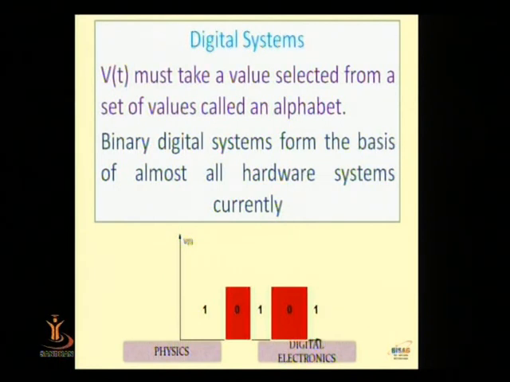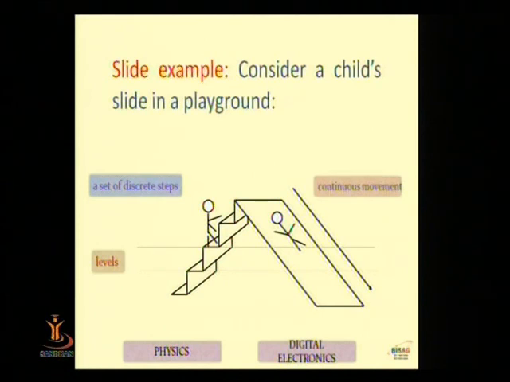Red is the 0 and 1 is presented by the other color. Here is one of the best examples, found in a garden-type place, where one child is moving ahead with the help of a staircase. That is the digital. And the sliding area on the right-hand side is the analog, where you are not finding any steps.